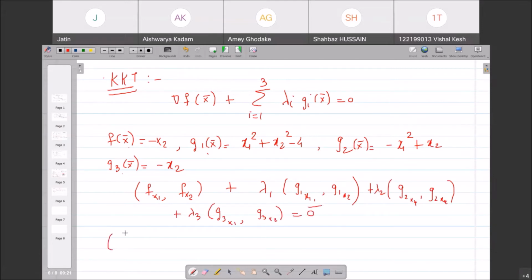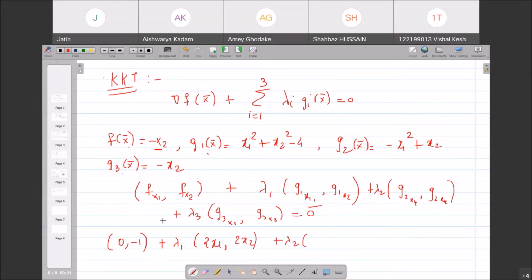What is this? My function is minus x2, so with respect to x1 it is 0 and this is minus 1 plus lambda 1. What is g1? This is 2x1, that is 2x2, plus lambda 2 into